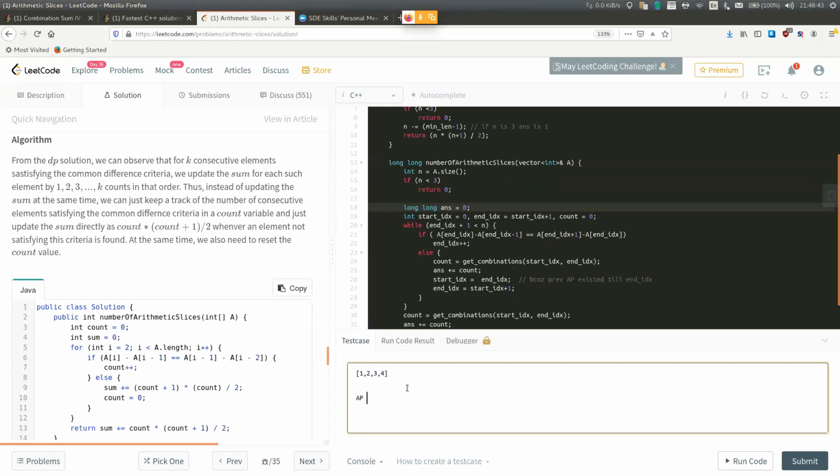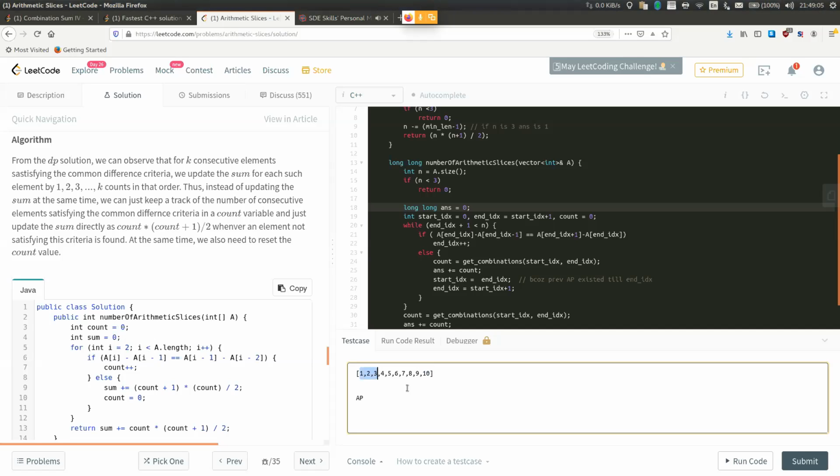So what matters is the length of the AP that you found, because if we find an AP of length 10, it doesn't matter what the numbers are, 11, 12, 13, whatever, the length is 10, right? So for length of AP 10, now we need to find